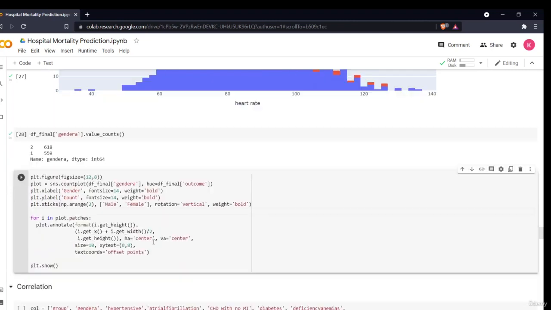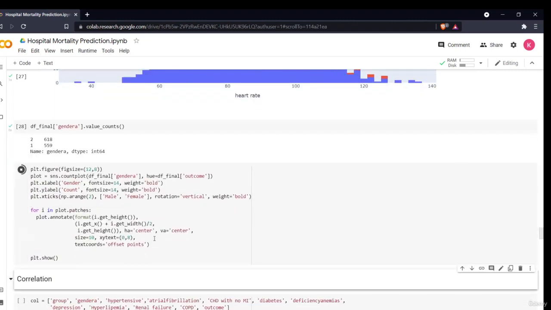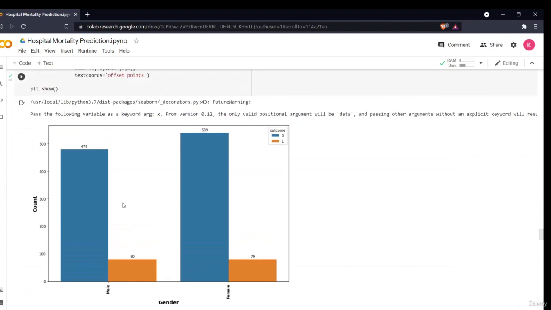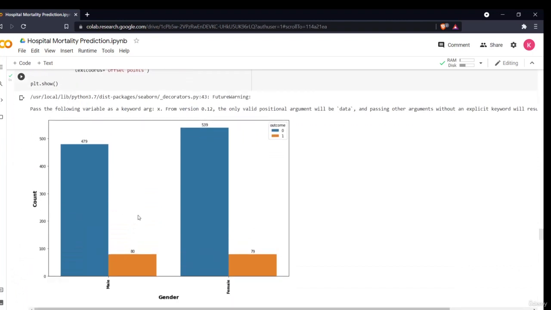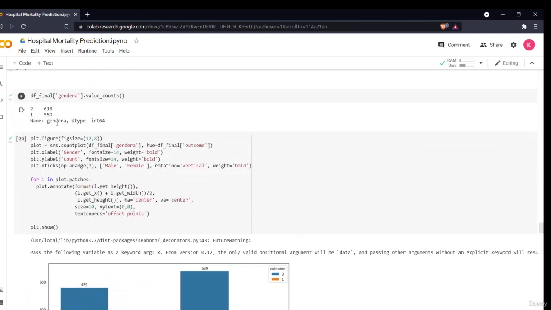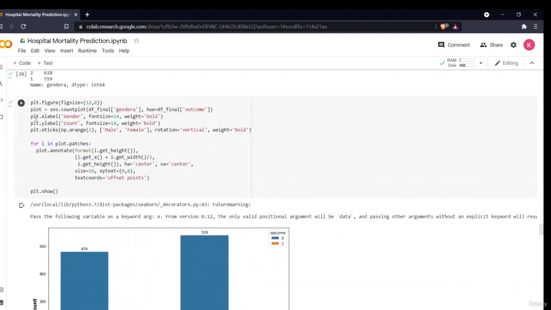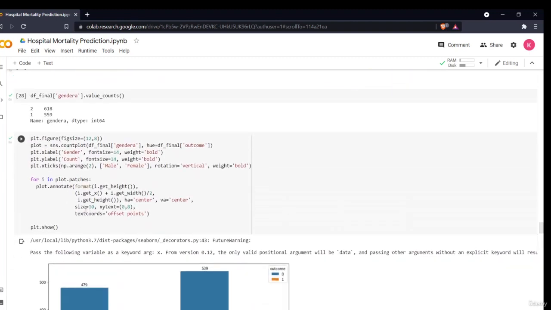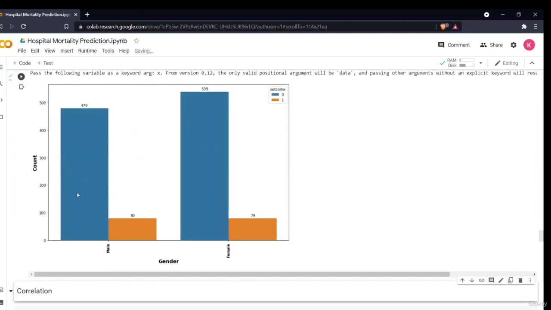The last thing which we'll be plotting is the count plot between the genders, that means which we did here. If it is one, then it is female. Sorry, I'm so sorry, I'm creating it wrong. If it is one, that means the person is deceased, and if it is zero, that means the person is living.